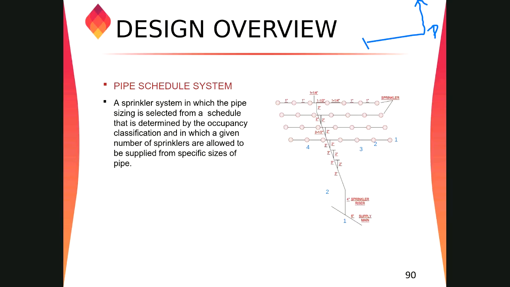Yeah. We usually also start from the riser or the water supply as node 1, and we will go through the system. Normally in the Elite software, we have to come the vice versa. In Elite software, we have to start from the most remote location. Suppose this is our most remote location.